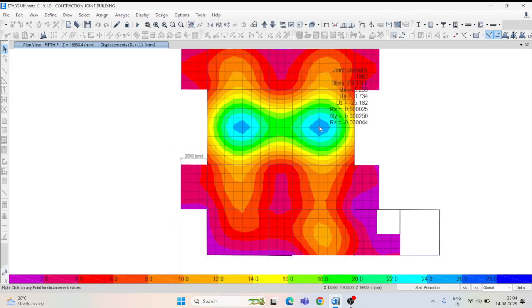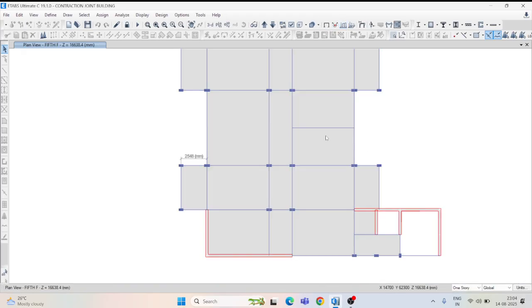The maximum deflection, 20.182, you are checking. In this case the maximum deflection 20.182 is on this point, but here you can see that there is a beam. On the beam the deflection is 20.82.